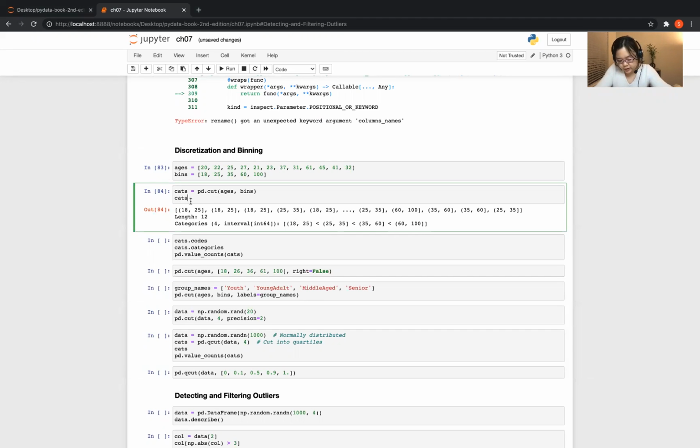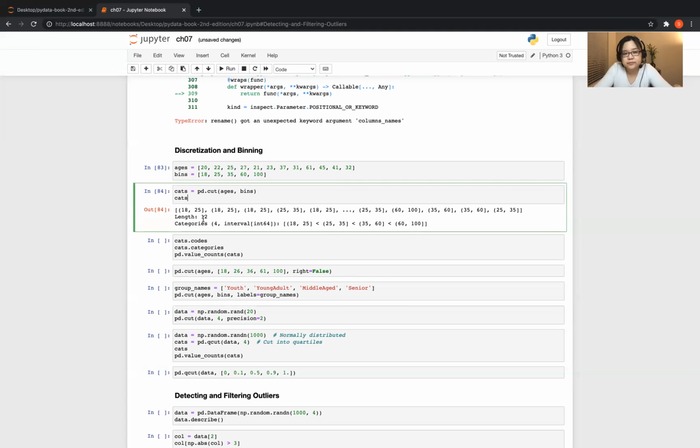It's a special categorical object. The output we see describes the bins computed by pandas cut, and then we can treat it like an array of strings indicating the bin name. And then it contains a categories array specifying the distinct category names along with a labeling for the age data in the codes attribute,